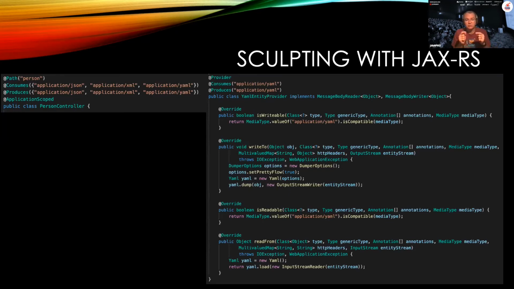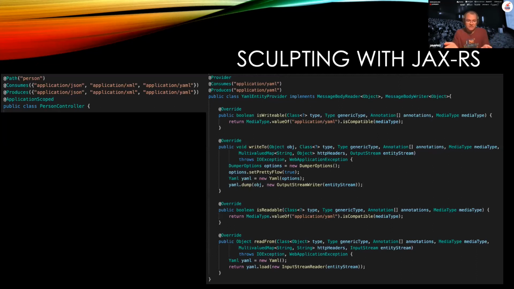If you're using JSON, then it's going to use JSON-B to serialize your person object into the JSON text. If it's XML, it's going to use JAXB to serialize it to XML. Both of those are provided out of the box with all JAX-RS implementations.